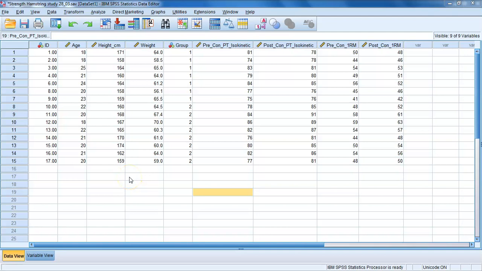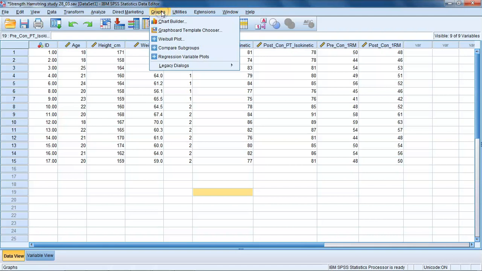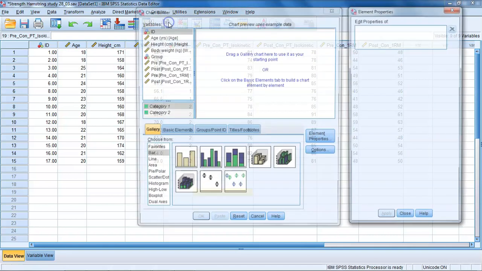So let's summarize this data graphically. We want to display mean values, so we can do this either using a bar chart or a line graph. We'll do a line graph and we'll add markers to a line graph. So select Graph, Chart Builder,